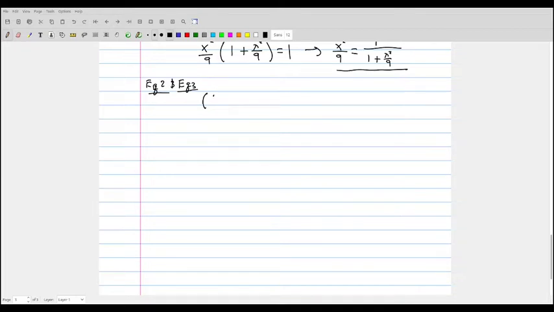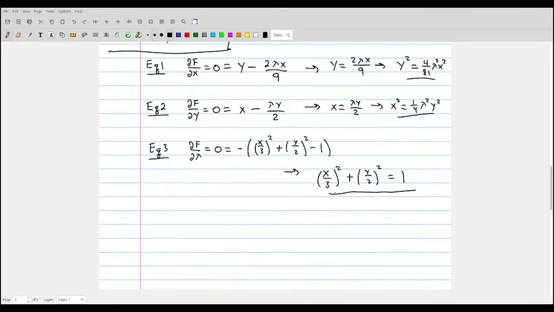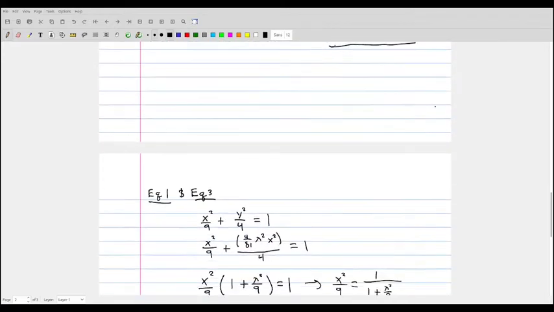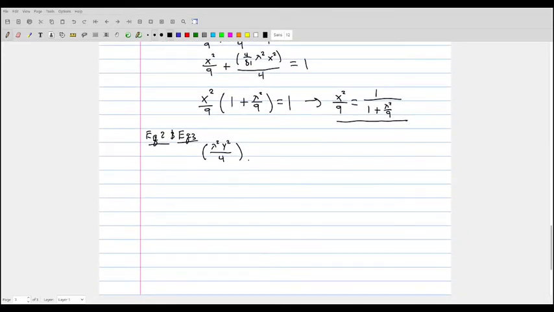X squared is lambda squared times y squared over 4 from before. If you remember, we ended up finding that x squared was 1/4 lambda squared times y squared from equation 2. So we plug it into equation 3 to get x squared over 9 plus y squared over 4 is equal to 1,